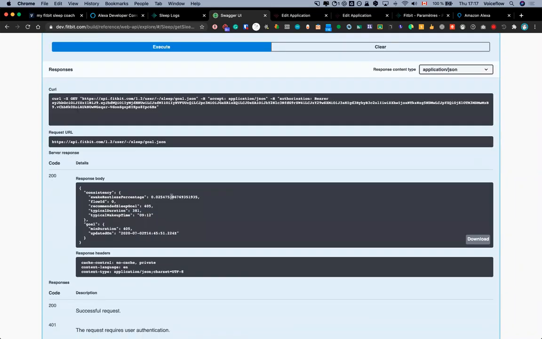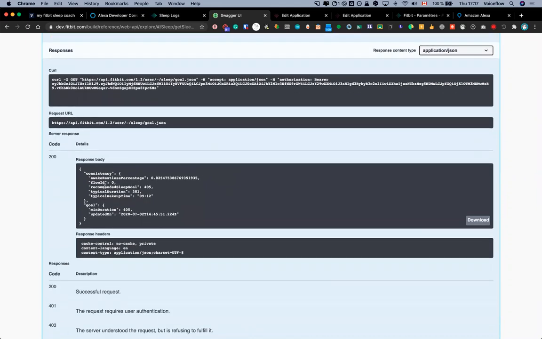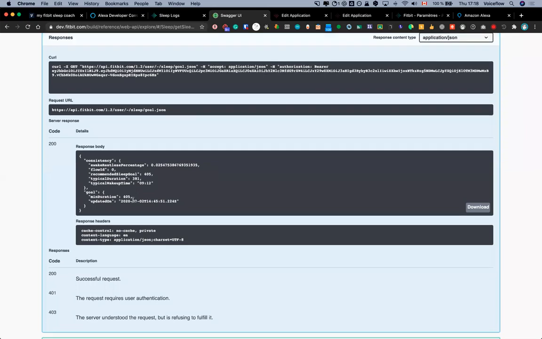As you can see, we have a token. This is the one we've just got from the authorization. And this is the kind of information you will have: the awake restless percentage, recommended sleep goal, and stuff like that. This is some information we are going to use because